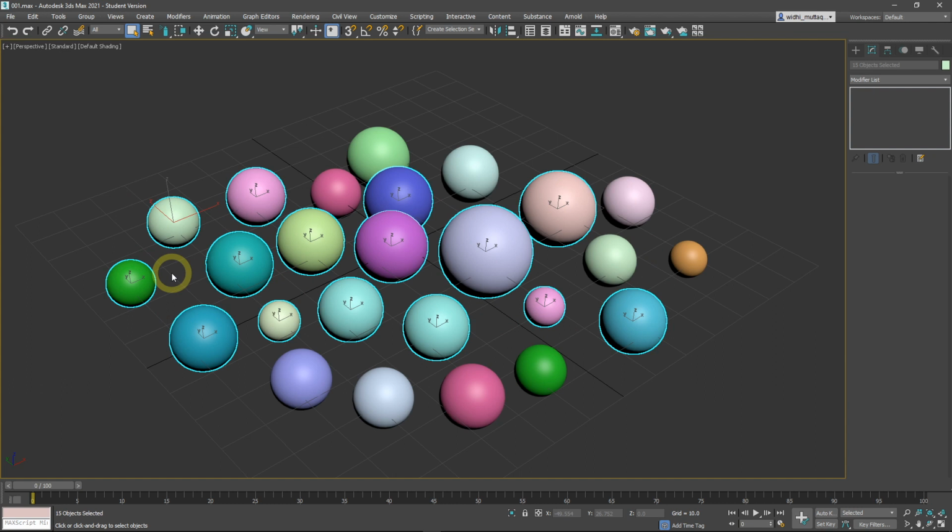Now, before I end this lesson, you need to understand that all of these different selection modes can be combined with the Ctrl and Alt modifier keys. Just for example, if I have the paint selection mode active and I hold the Alt key while performing the selection, I am actually deselecting the objects. If I hold the Ctrl key, I am adding more objects into the selection. I believe you already understand the concept by now and should be able to apply this to the other selection modes.